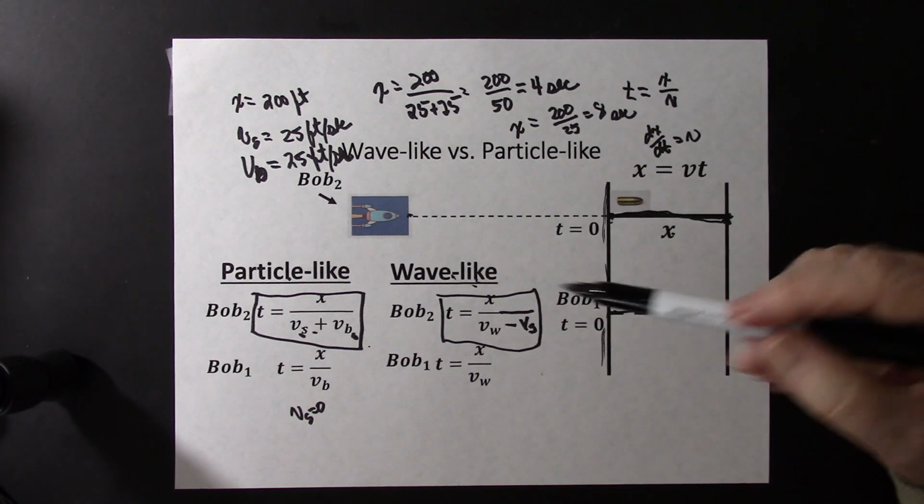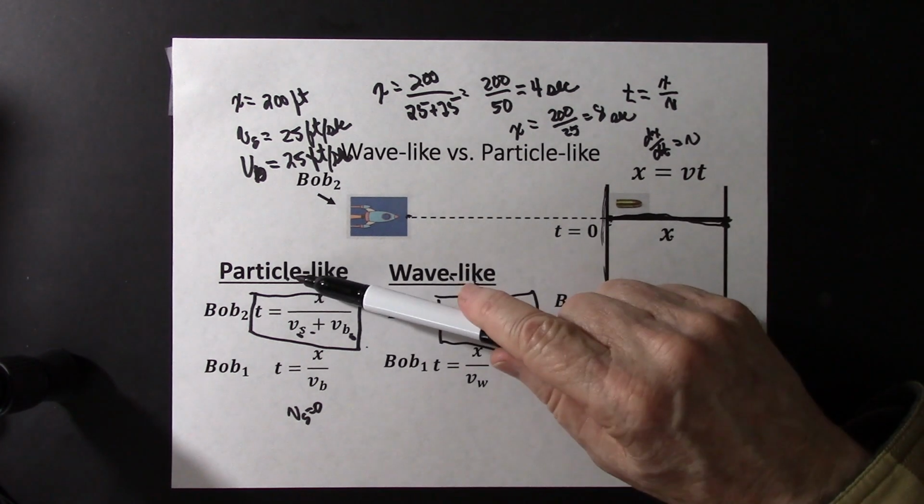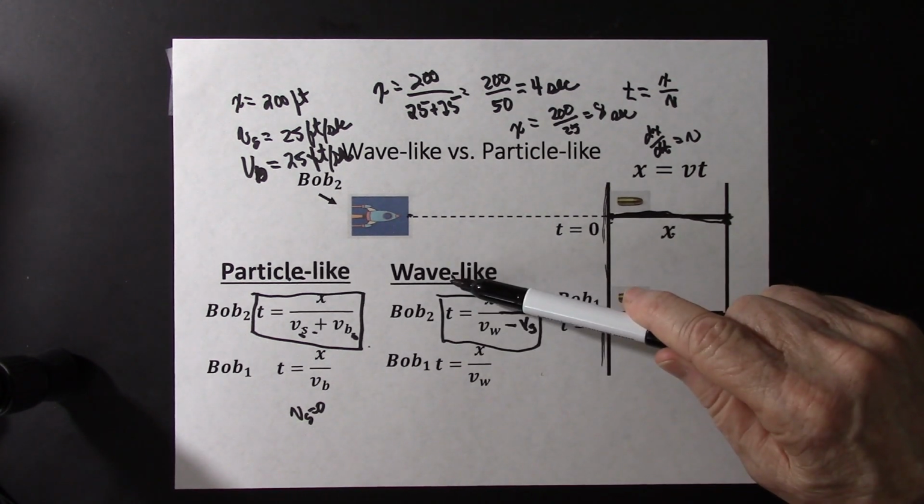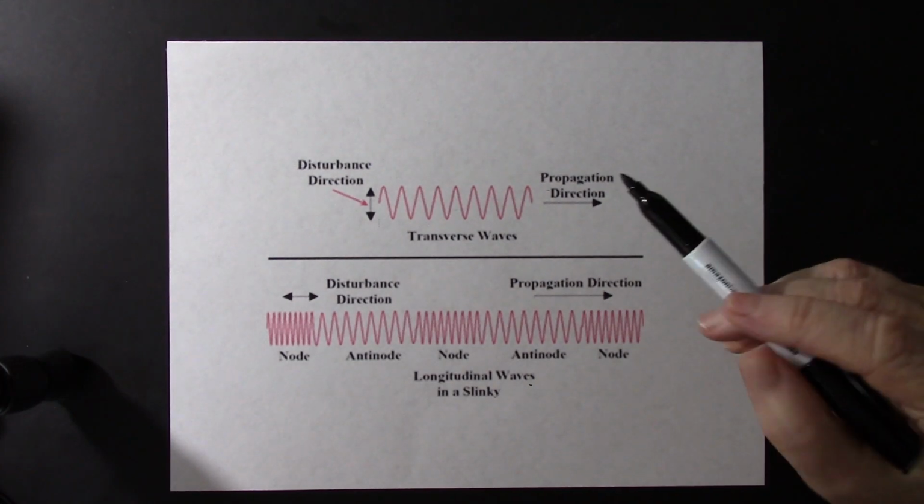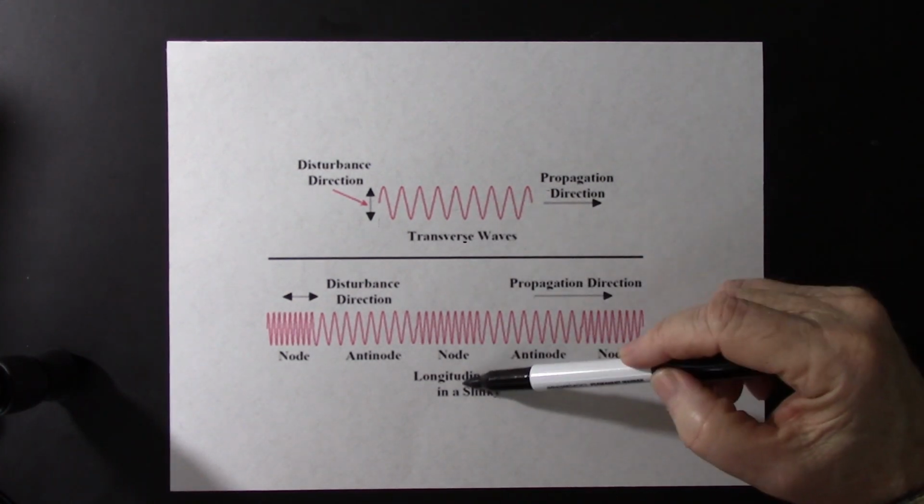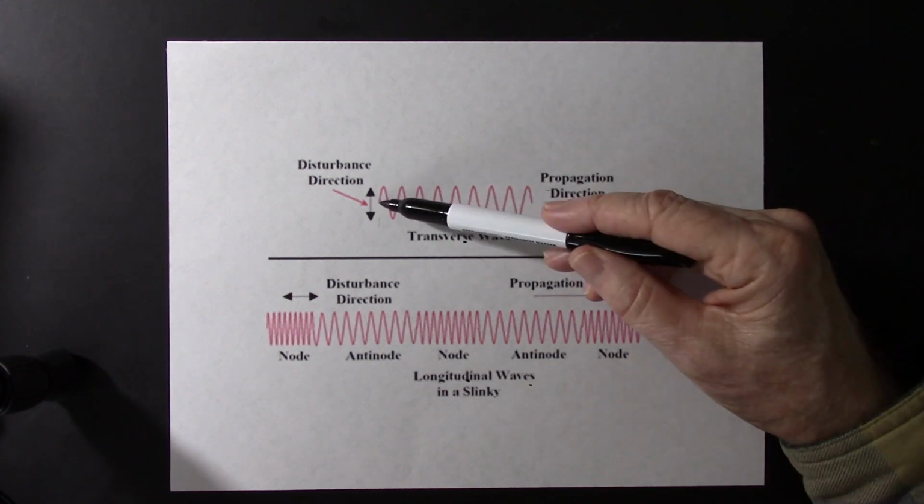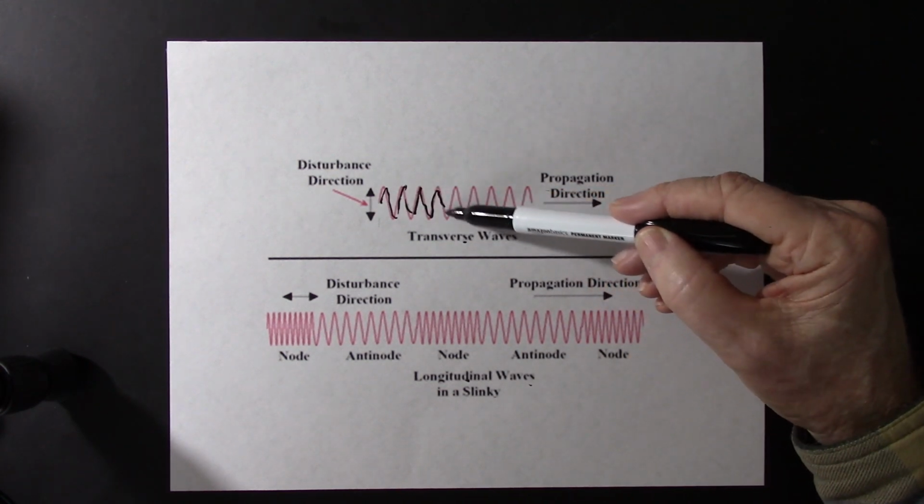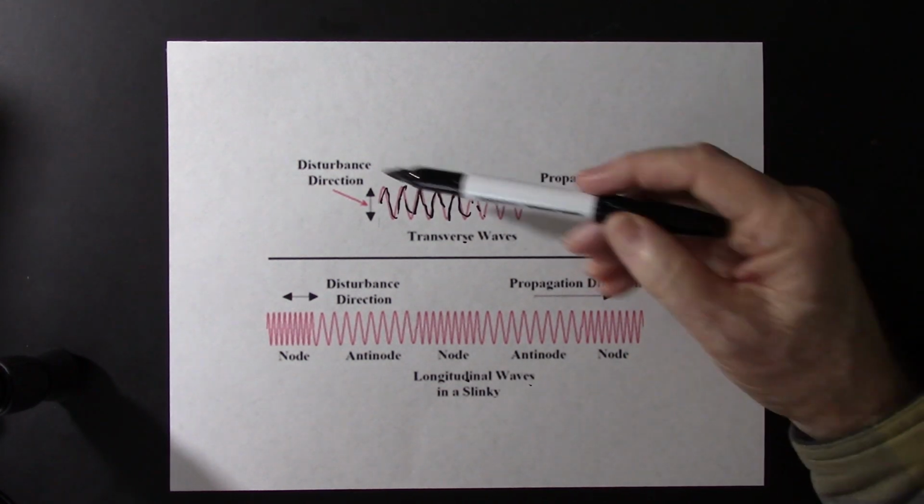So that was the difference between particle-like and wave-like from a physics standpoint. There's a couple of different kinds of waves that we should be aware of. There are transverse waves and longitudinal waves. What's the difference? Here's the disturbance in the medium, so the wave moves along like this, and the disturbance in